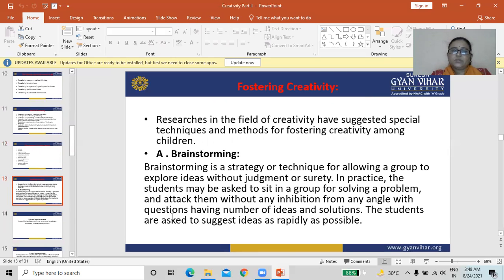Now we will discuss how to foster creativity in our students. Researchers in the field of creativity have suggested special techniques and methods for fostering creativity among children. First one is brainstorming.